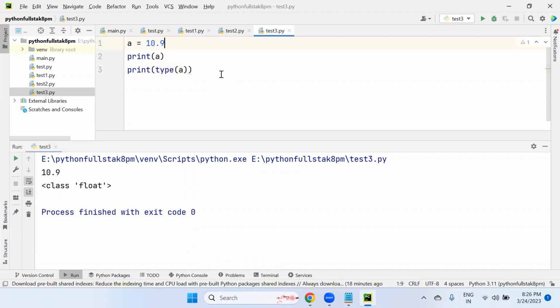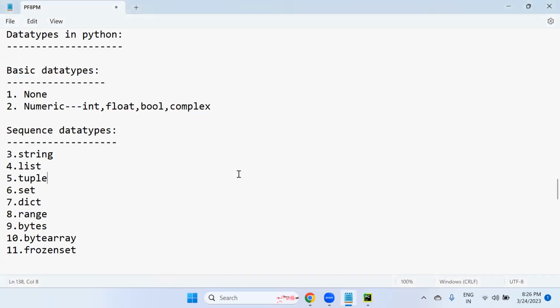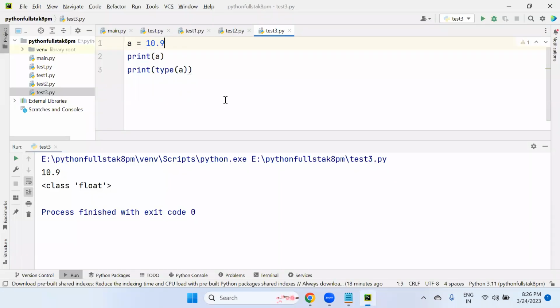Yes. But we can also convert, sir. A typecasting mechanism is there. Typecasting means converting from one data type to another. For example, here a value is 10, an integer type.